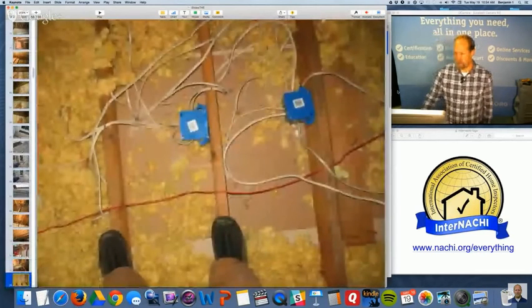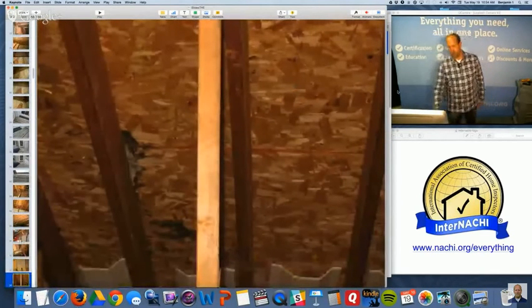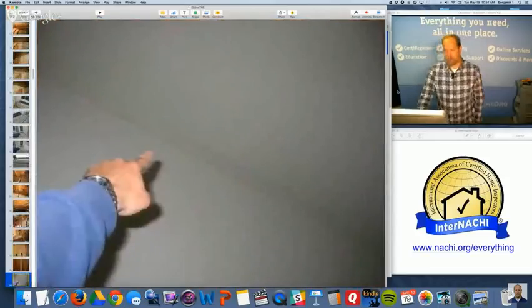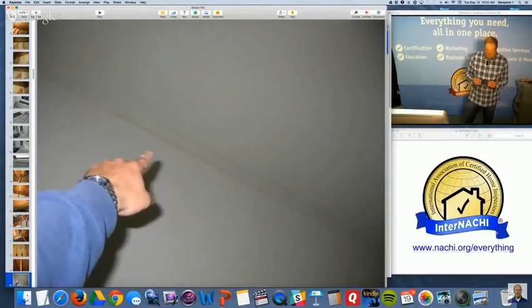I didn't find anything actually downstairs. And this is me in the attic. There's water damage, water marks from a roof leak. There's ceiling water marks. And so when we get to the interior, what I like to do is